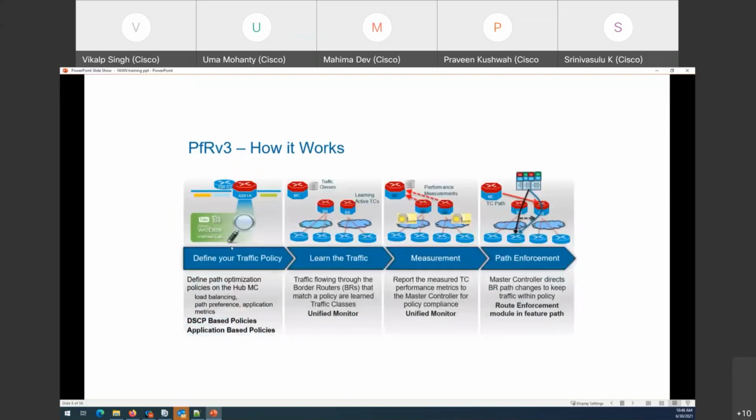Okay, so let's see how PFR v3 works. First you will have to define a traffic policy on the hub master controller. That policy gets pushed to the border routers, the hub border routers, and from there it gets pushed to the spoke locations. Then when the traffic gets initiated from the spoke location to access any services on the hub routers,